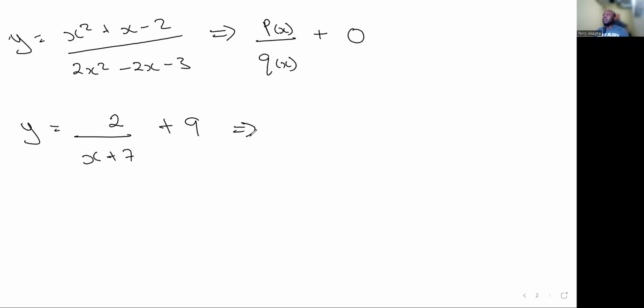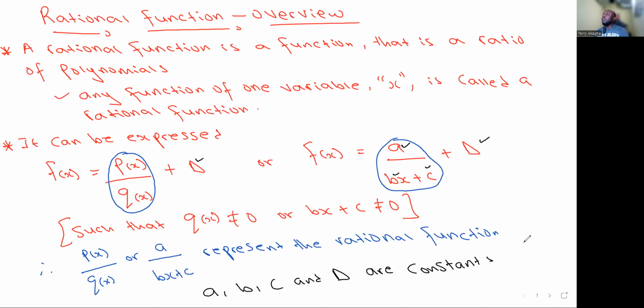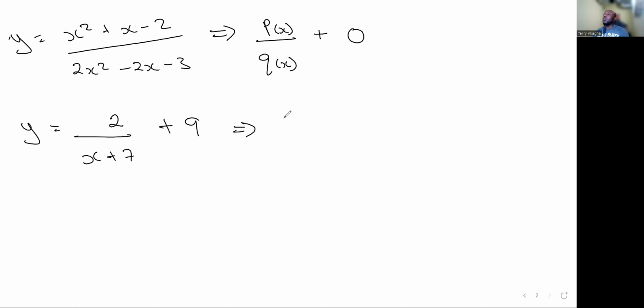It's still the same thing, but in this case, it's in the form of what? A over bx plus c. So it's the form of what? A divided by bx plus c, plus d. So that means the d here is 9, the a is 2, the b here is 1, and the c